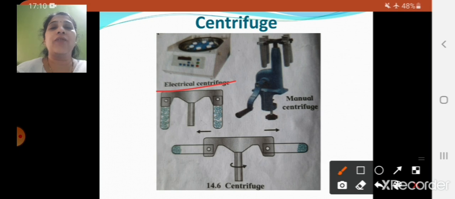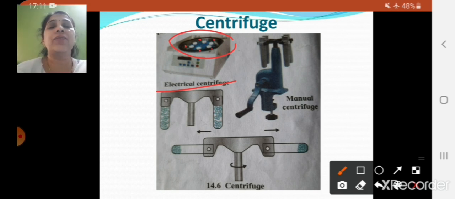For that you have to use this centrifuge machine. You can see in this centrifuge machine, this is the disc over here, right? Now inside you can see these white things. These are the holes where you can keep the test tubes, right? So what happens, this centrifuge machine starts rotating like a fan with a greater speed, and then what will